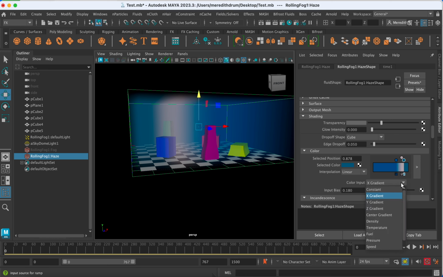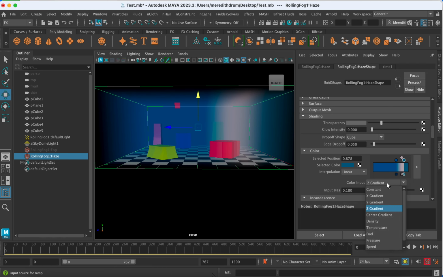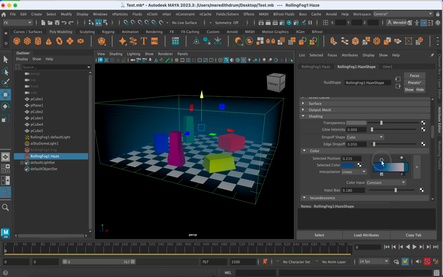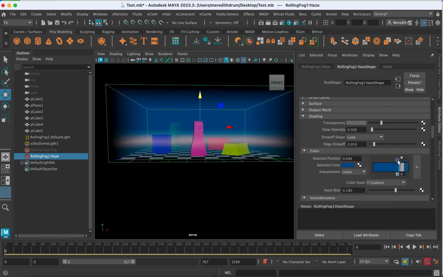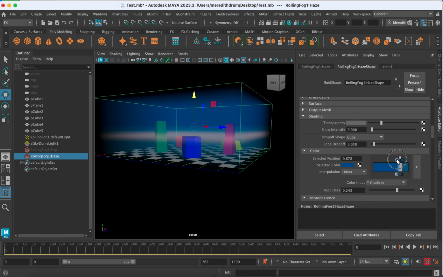And you could try the Z, and again, you see it moves it to the other side. You can try constant, and that blends it all together. You could see if it makes a difference when you change things. Y, again, moves up and down nicely. You can play around with that. You could play around with the input bias here. I think it definitely changes the way this ramp looks. Again, transparency.